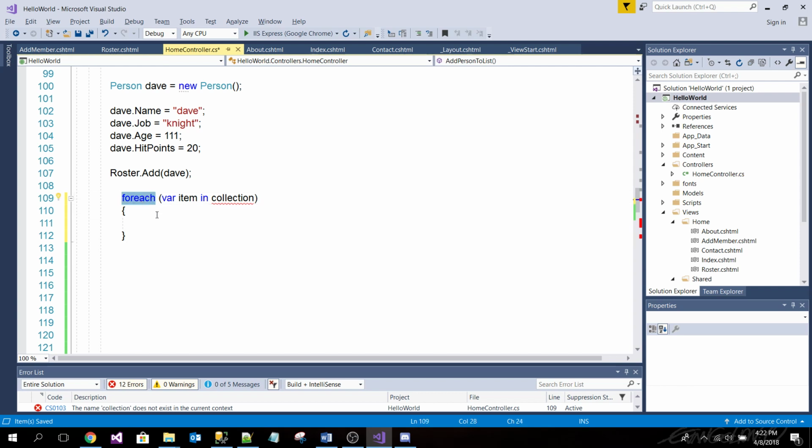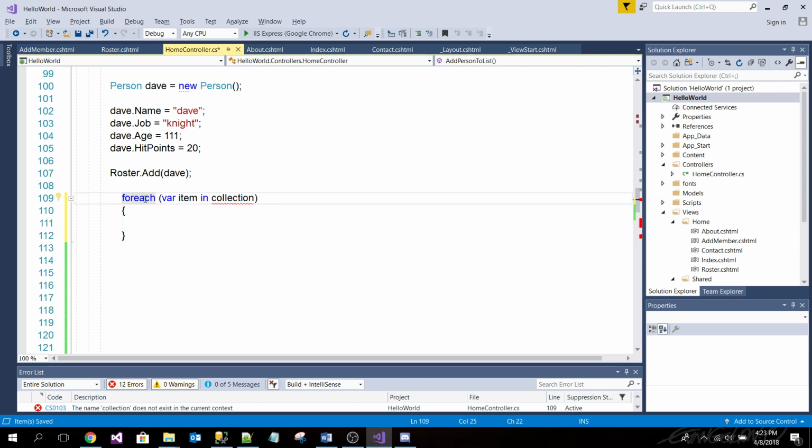You say for each, and then whatever collection you're dealing with. So for each item in the collection, actually, sound that out for me, please.